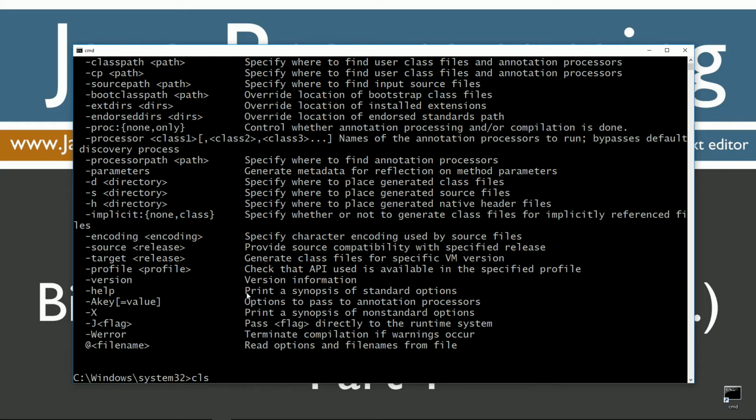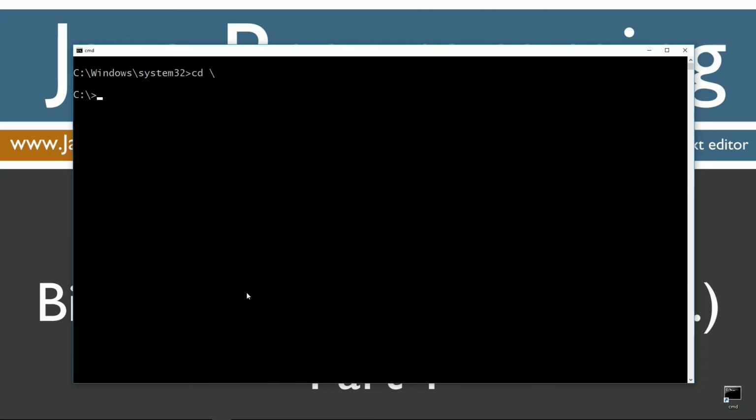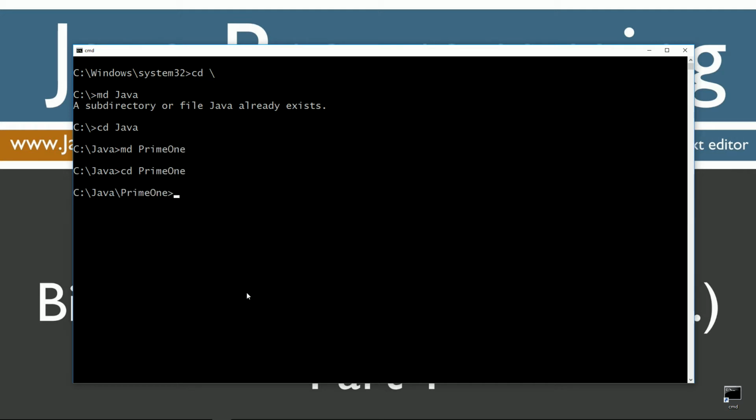Okay, let's type in CLS to clear the screen, CD space slash, CD short for change directories, slash tells it to go to the root. Well, I'll make a directory here called Java with the MD command, and I already have that folder, but if you don't, I'm going to create one for you. Let's change directories to the Java folder. Let's make a directory here called Prime1. Okay, let's change directories to the Prime1 folder, and let's notepad up